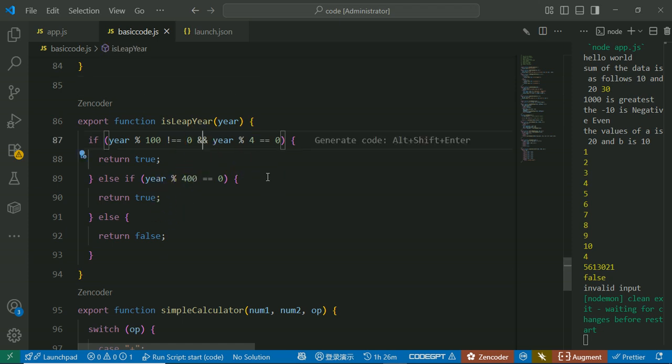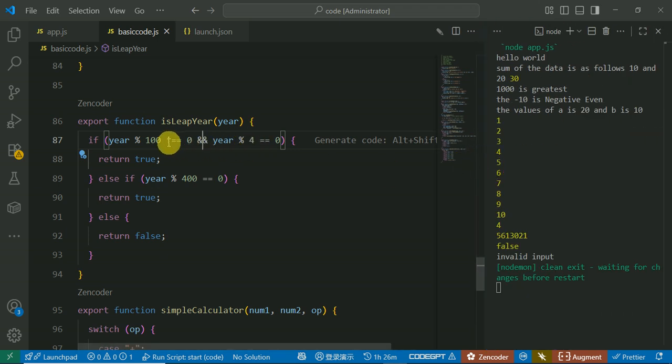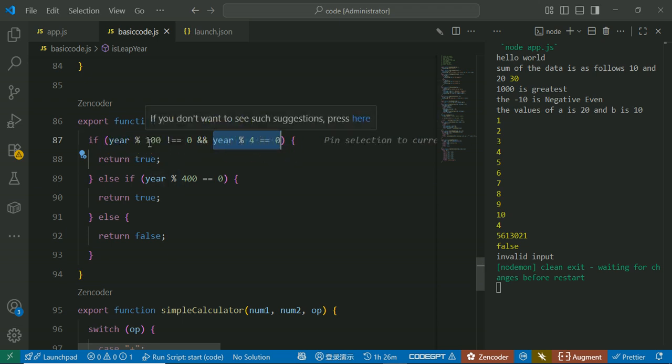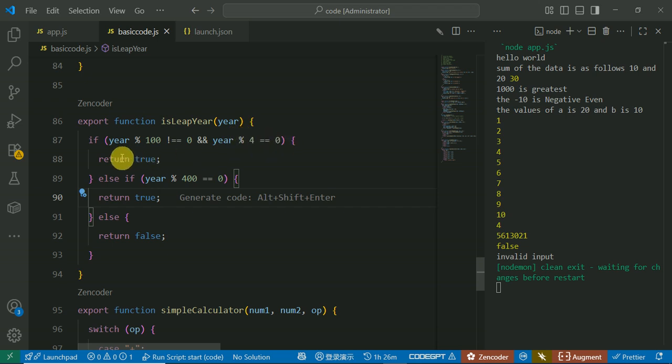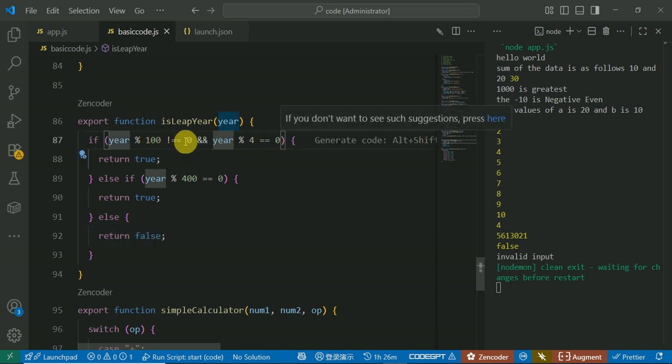and OR in our code. So how to join two logic together. This particular code is not to explain how to write a leap year code, we already know if else, but this is basically for joining two logic together, two conditionals. So year should not be 100, so if it is not divisible by 100 and divisible by 4, then it is a leap year, else it should be divisible by 400, else it is not a leap year. So this is the logic, and we can combine two logic,